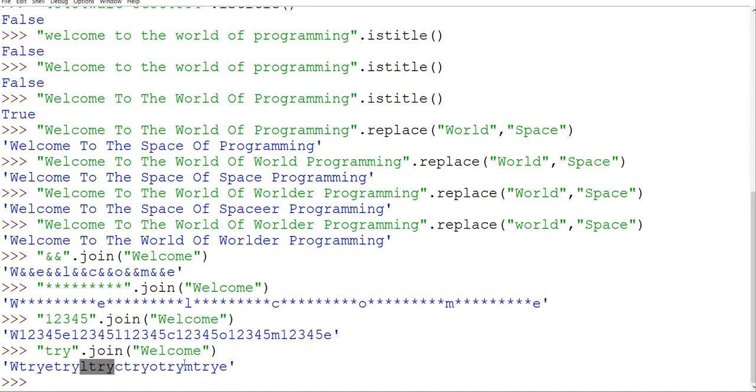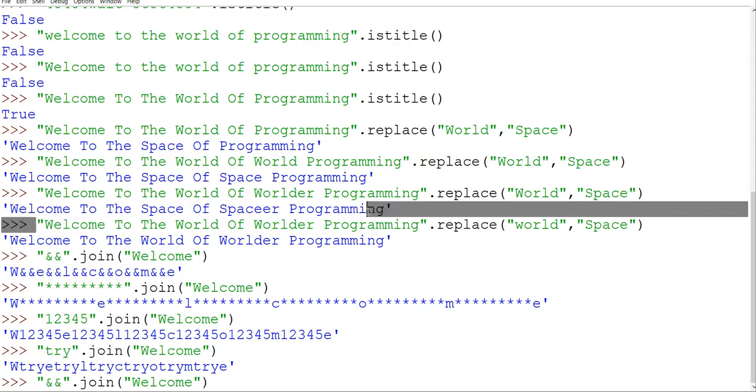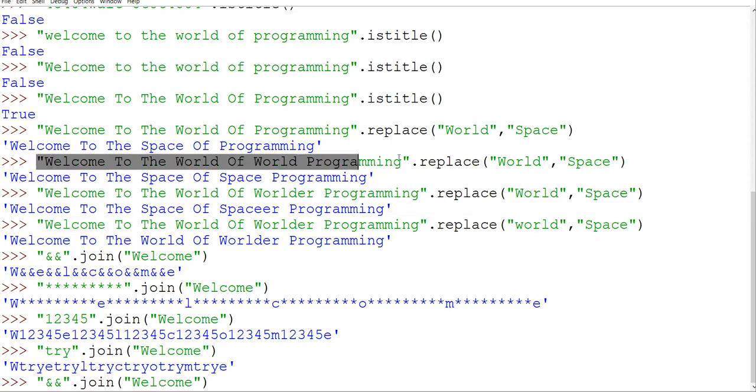Now in join only, see how it is working. It is joining with every character. If I am passing the collection like this, now, instead of character by character joining, I wanted to do joining with respect to words. Word by word, I wanted to join. So how am I going to do that? First of all, I need to make a group of words. I am using this statement. And then I am going to write this, welcome to the world of programming. This only I am copying, and I'll paste it here.